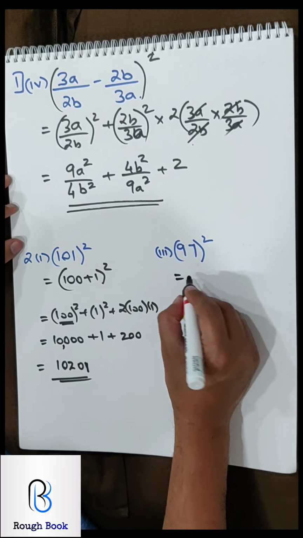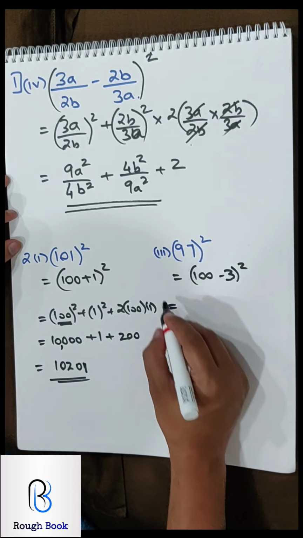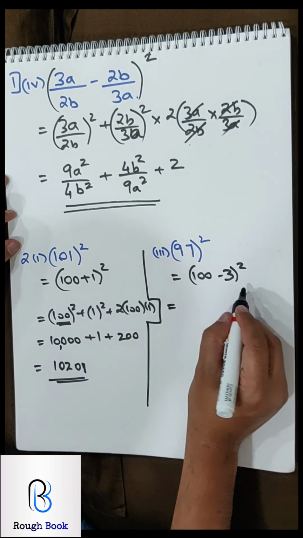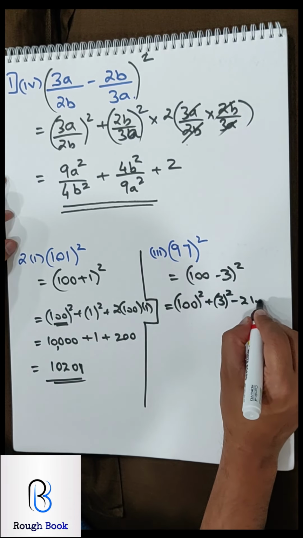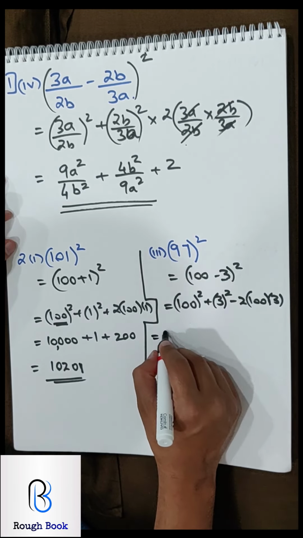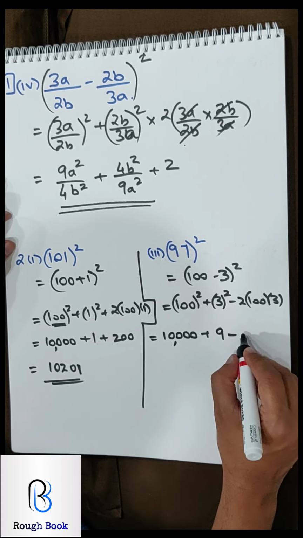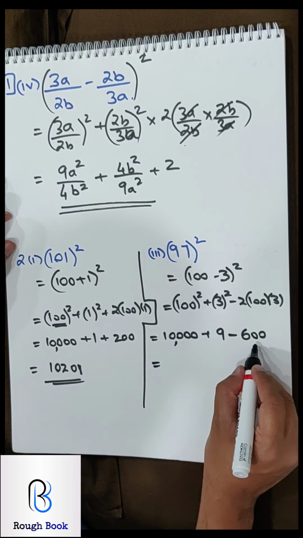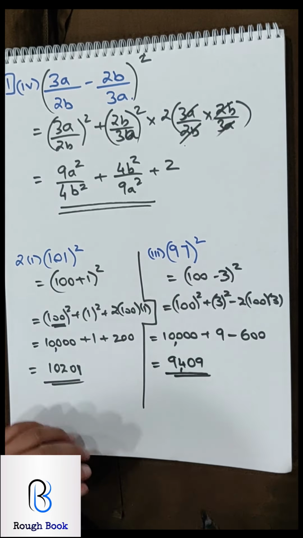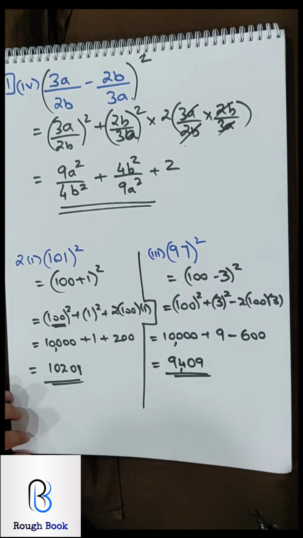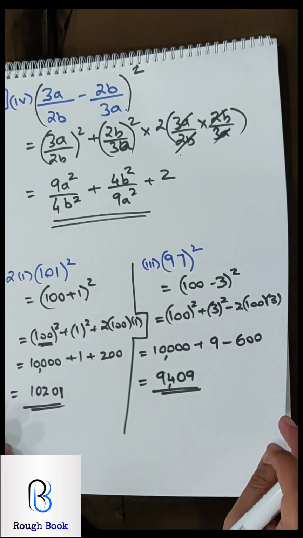The next one, 97. Yeah, you all are correct. 100 minus 3. I'm sure most of you will find this exercise very simple. So please go ahead. Come on, square this. A square plus b square minus 2ab. So this will be 2 zeros, 2 times, 10,000, and 3 twos are 600. So 10,000 minus 600 is 9,400 plus 9, so 9,409. Use this comma technique, it will become easy for you to subtract or add, otherwise you will find it difficult. Once we are done with this, let's go to the next one.